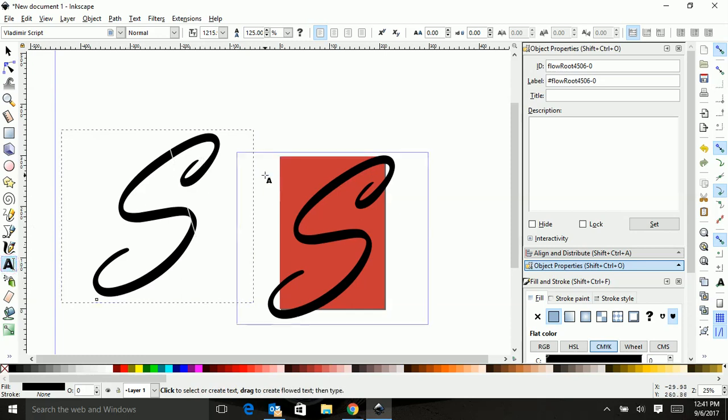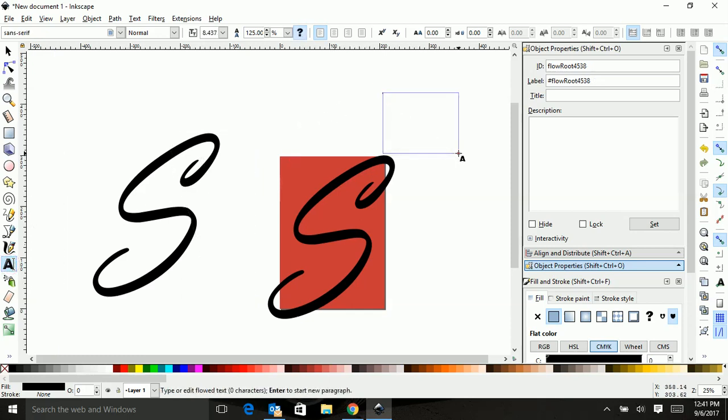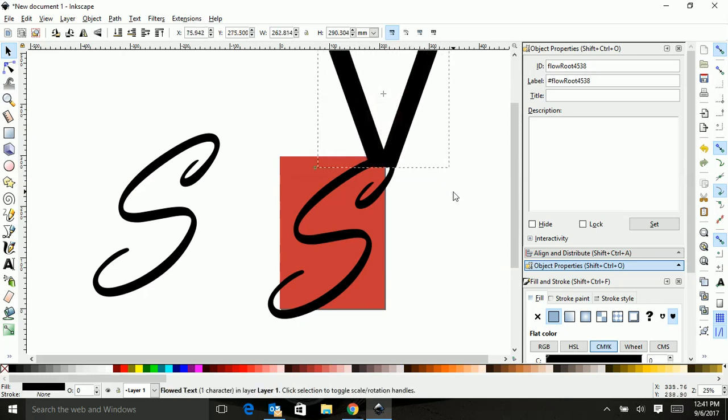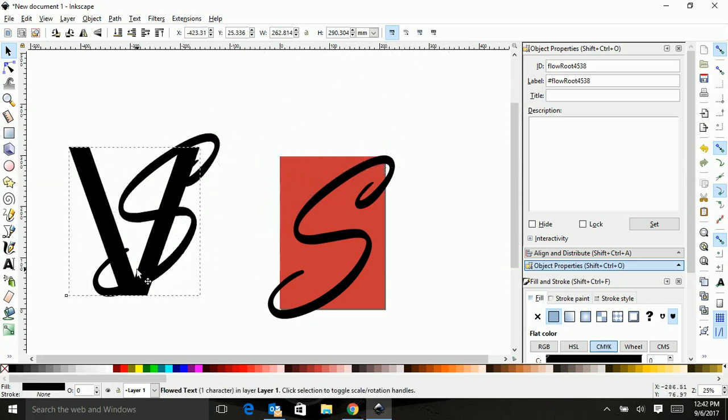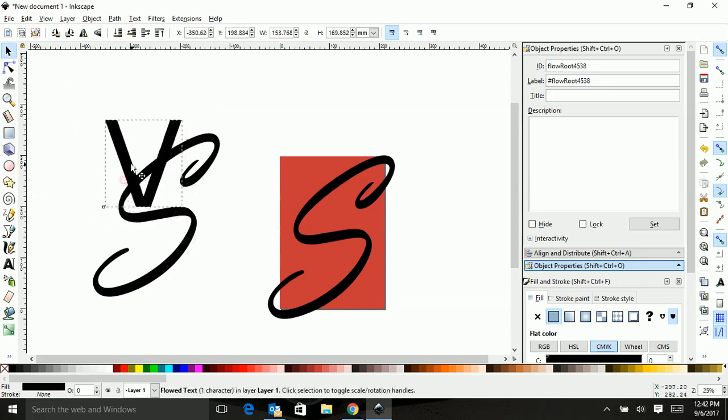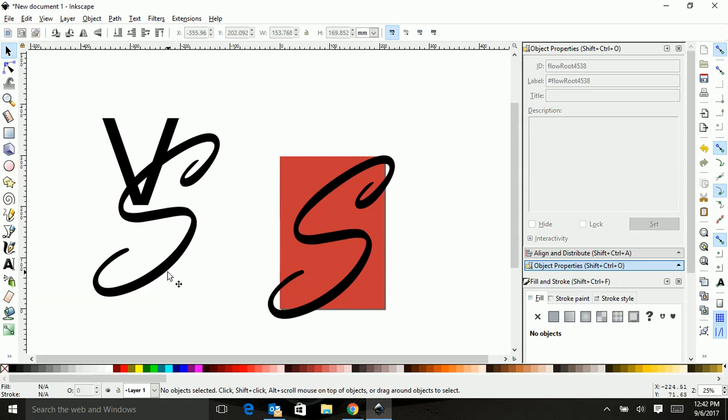Let's just create another text box over here. My other initial will be a V, so I'm going to create a V, stretch it out, make it larger. Okay, so let's say I have the S, which is an exact copy, and I have this V now. Let's say I wanted to combine these in a certain way. One other helpful tool